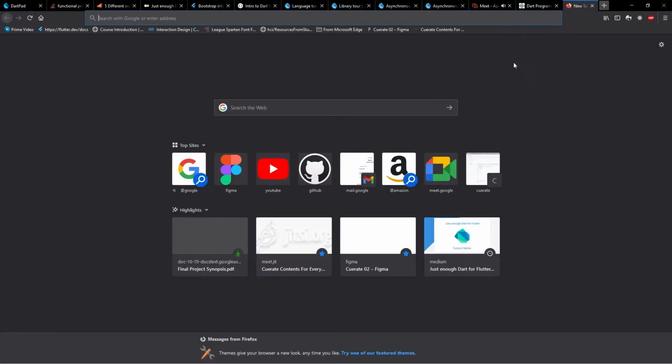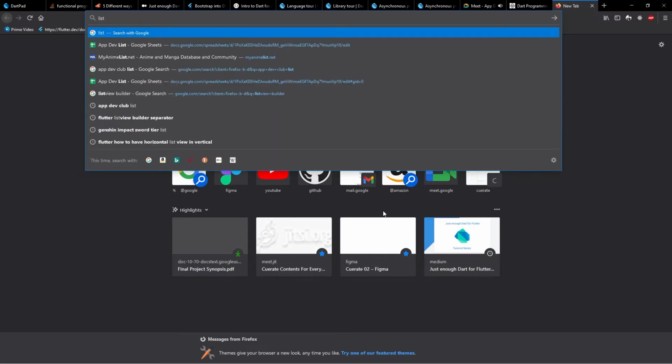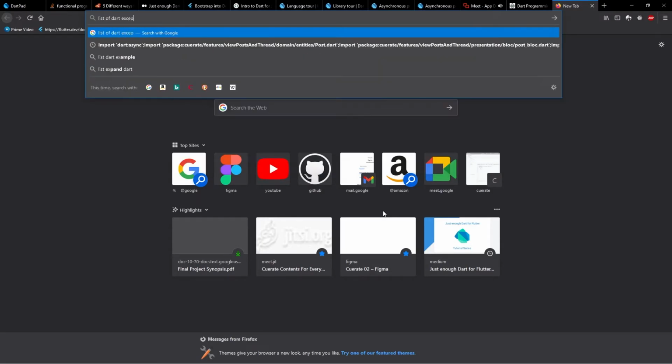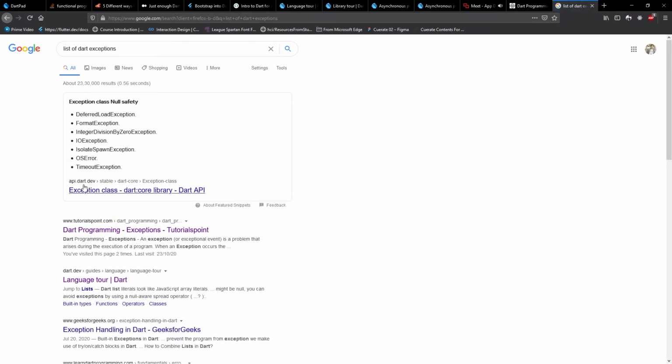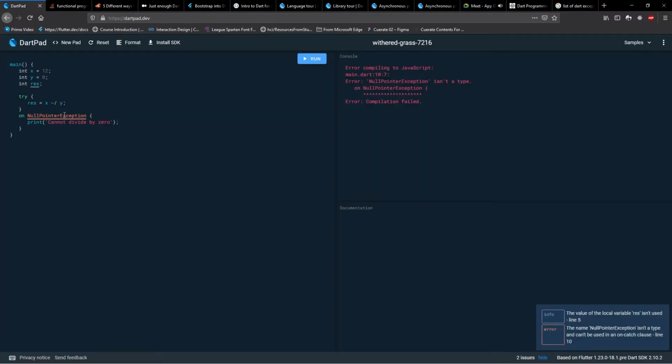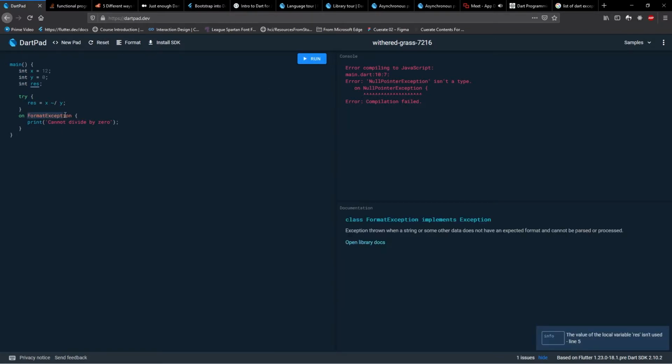Okay, let's see the list of Dart exceptions. Okay, let's just take any exception. Okay, just take a format exception. Okay, cool. Let's take a format exception then. Control C, Control V. All right. So now I'm putting a format exception. Now if I hit run,